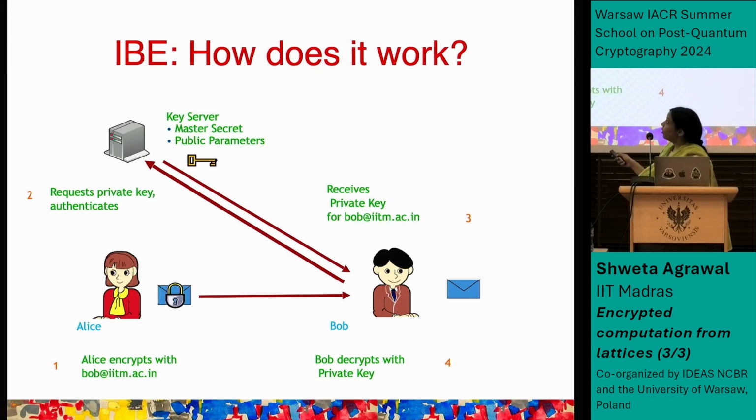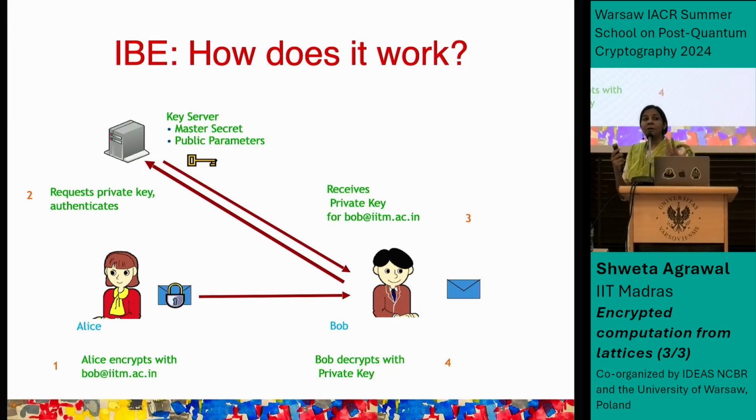So in order to do that, he contacts a key server. This key server contains some kind of master secret as well as some public parameters, and authenticates Bob. Checks that it's indeed Bob, using his driving license or something, and then returns a secret key corresponding to this string, right? And then once Bob receives this private key, he can decrypt the message that Alice sent, and he can reuse this key for the rest of time. So it's not that he needs to contact the key server and get a key every time somebody sends a message, but he'll get it once, and now he has a secret key, and this will work for the rest of time.